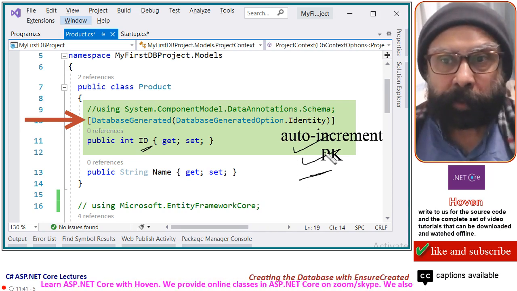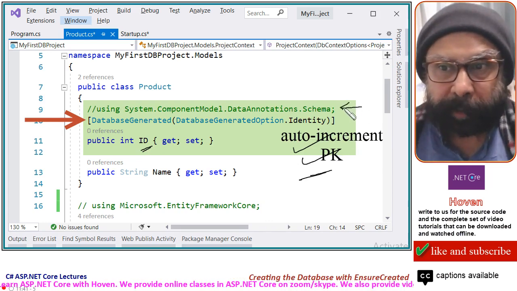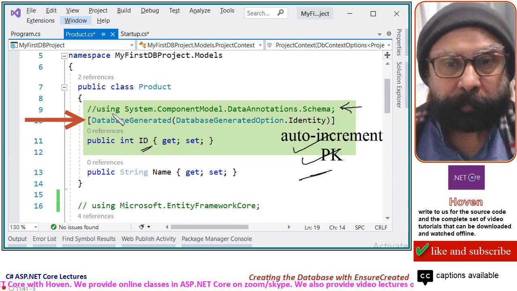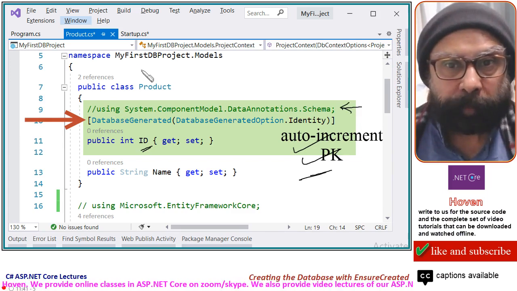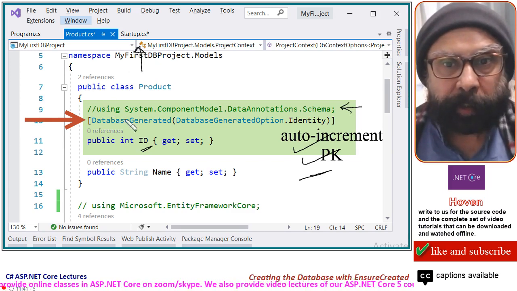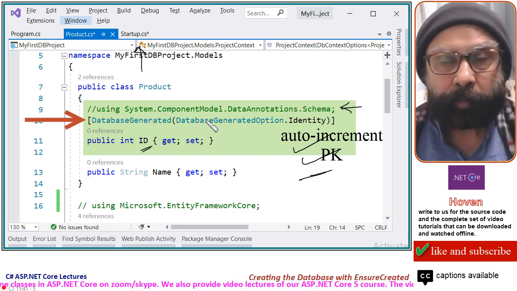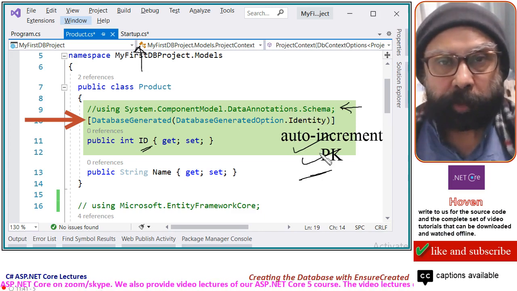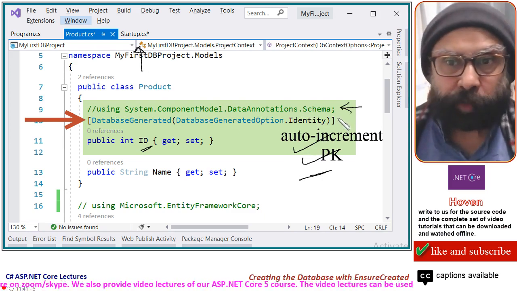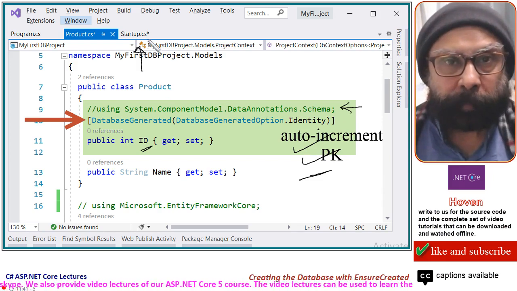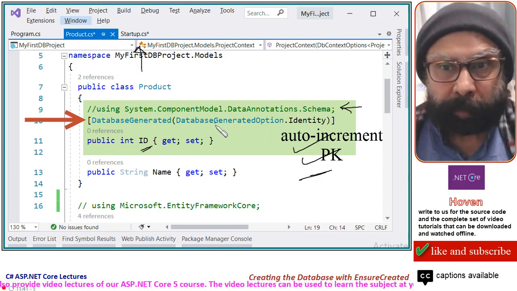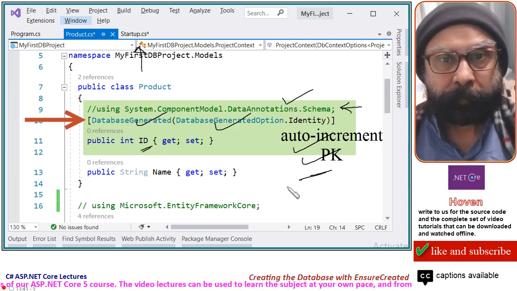Be careful to use this using directive. This using statement is required just at the top of this file. It is not visible here: using System.ComponentModel.DataAnnotations.Schema. This should be added near the top of this file because these attributes depend on this namespace.